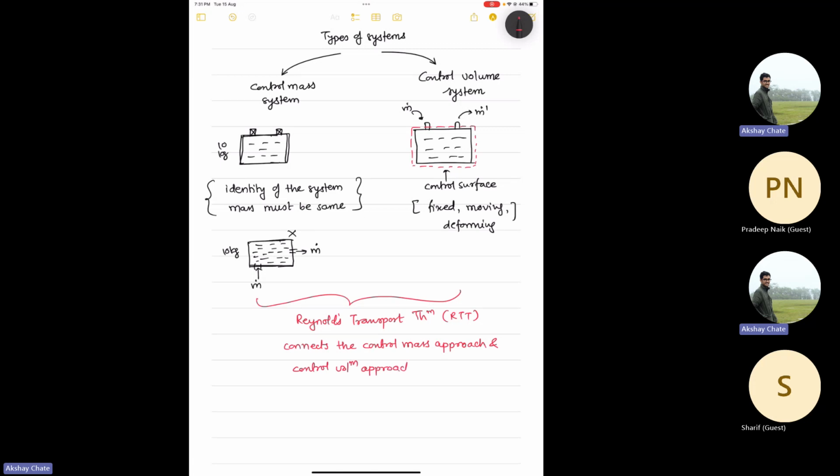So it is a tool that gives you the flexibility to analyze one system,